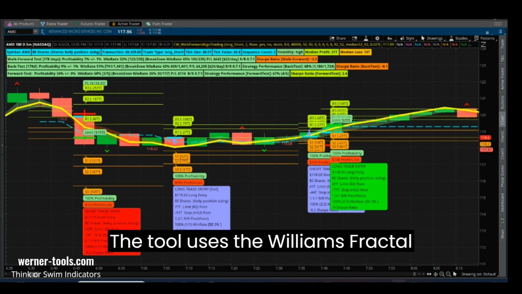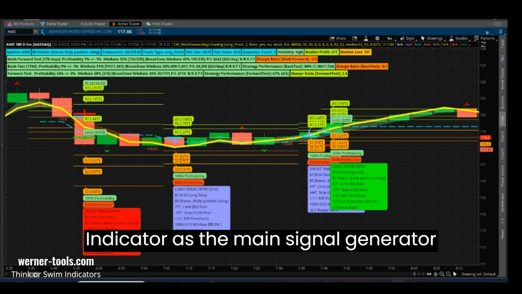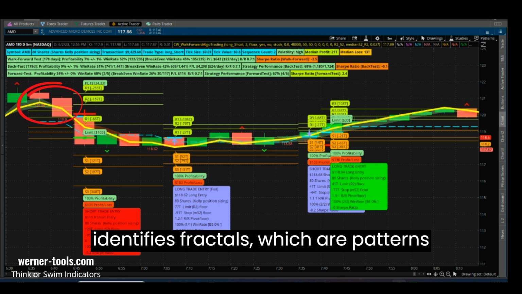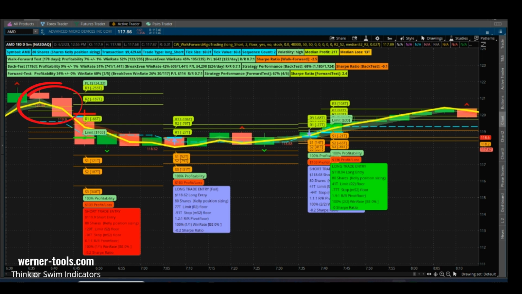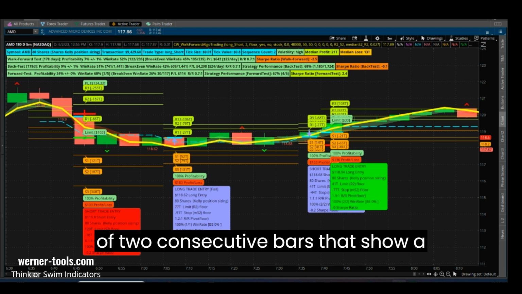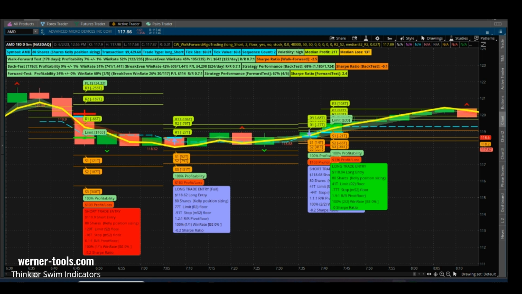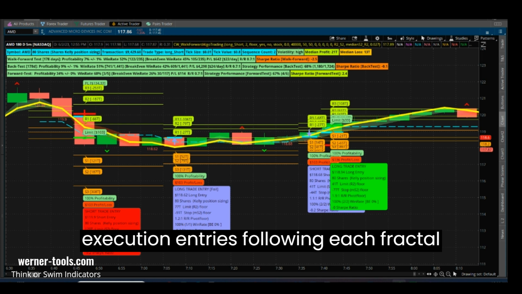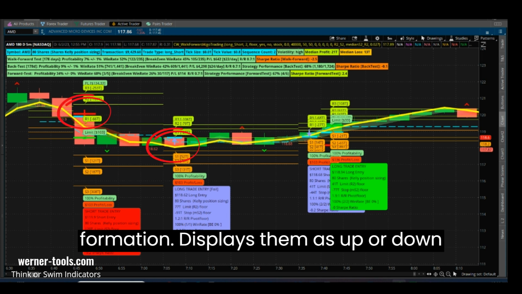The tool uses the Williams fractal indicator as the main signal generator for your strategy. This indicator identifies fractals, which are patterns of two consecutive bars that show a reversal point in the market. The tool produces long or short trade execution entries following each fractal formation and displays them as up or down